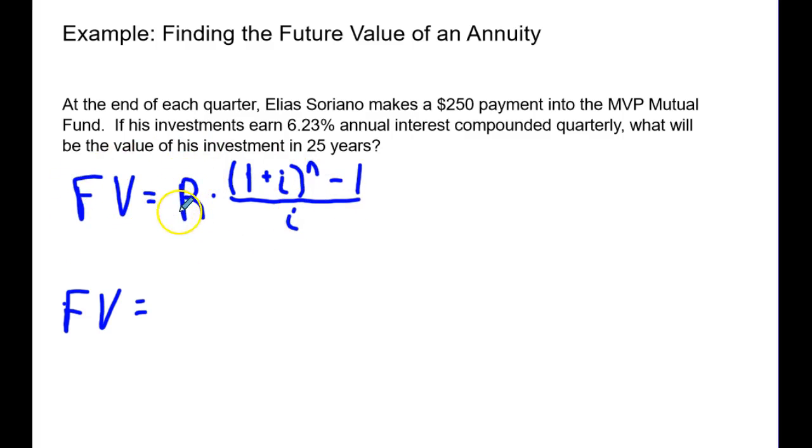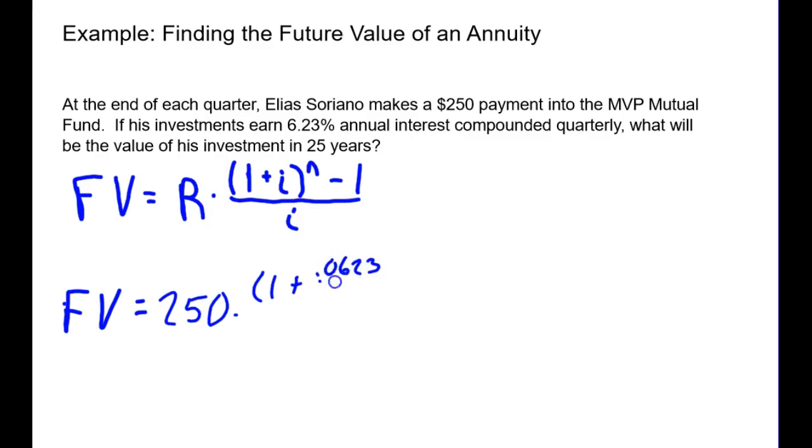R represents the payment amount. I is the interest per compounding period. N is the number of payments. So filling in the information we know, our R value is $250. And then we have 1 plus I, that's the interest per compounding period. So we take